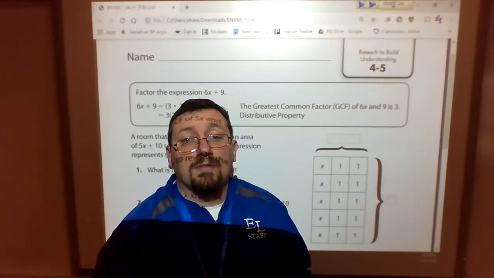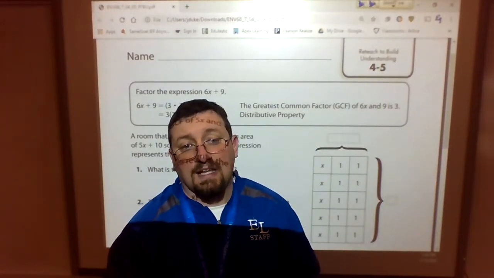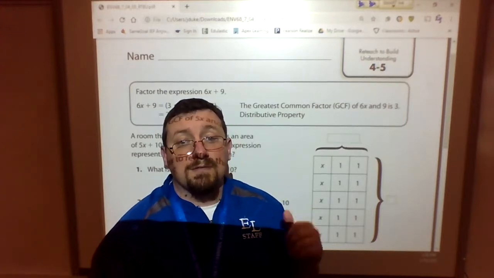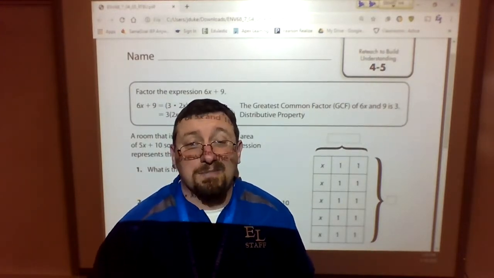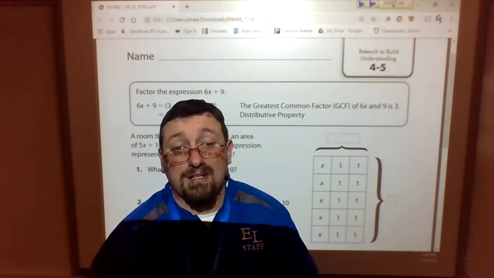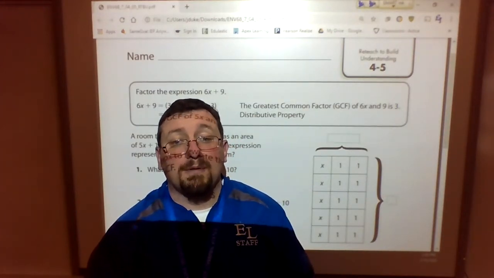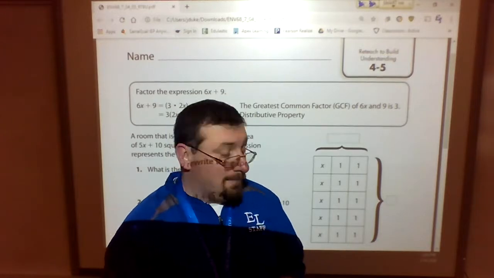Okay, next thing we want to do in section 4.5, and this is the last thing I'm going to do with you, is to go over the Reteach to build understanding. This is an on your own paper pencil assignment. If you can just follow along with the PDF or even go over it with me, we'll get through it here. But looking ahead,